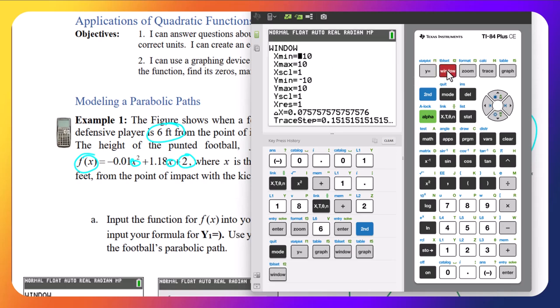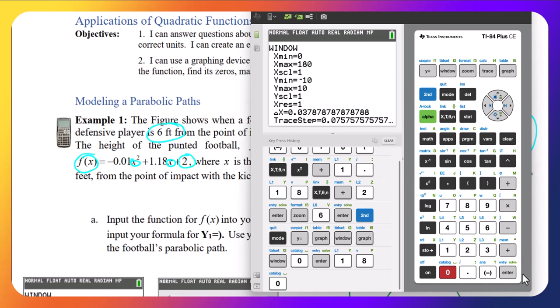So in our window, we're not going to kick the ball backwards. So let's not have the x minimum be negative. Let's just have that be 0. The x max for feet, well, let's say that he kicks at 60 yards. That's 180 feet. Let's see if that is enough to show on our picture. Enter. And then let's show this at every 10 yards, so that's every 30 feet,